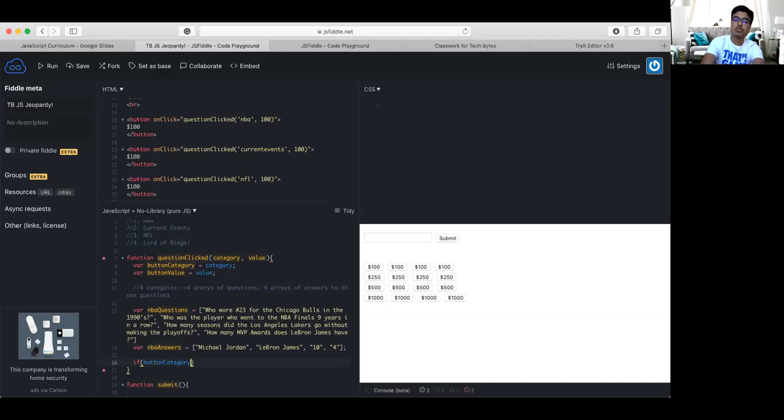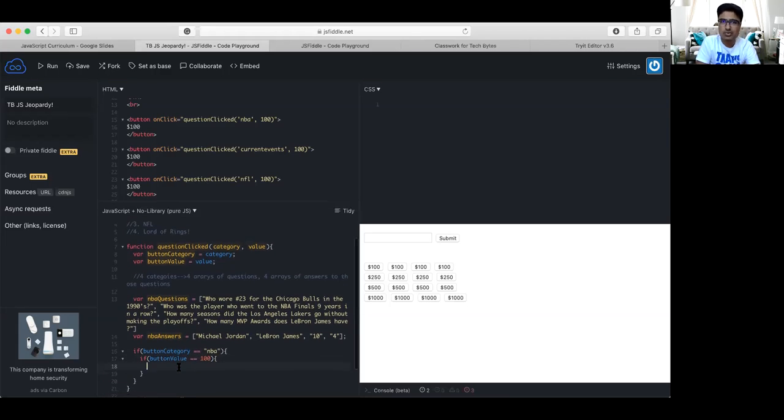So I'm going to do if, open and close parentheses, button category equals the NBA. And then open and close squiggly brackets. So now this is going to tell me whenever we click a button which pertains to the NBA category. However, now we have to do 4 more if statements to check which type of money the button is, how much money the button is worth. So let's do that. What we can do is say if the button value equals 100, open and close squiggly brackets,